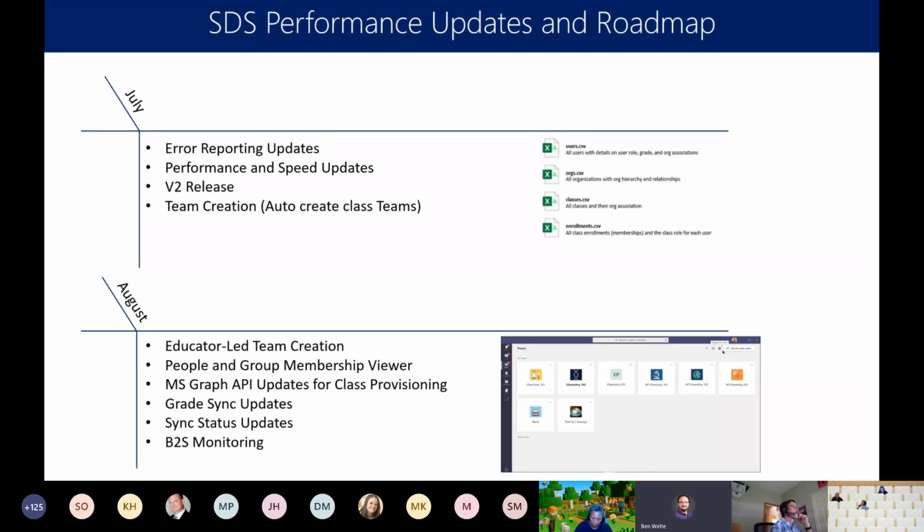Now, as far as roadmaps and things that I'm very excited about, for July, we're releasing some advanced error reporting updates to make our system smarter and faster. We're able to reduce the amount of cascading errors that can impact your sync. What I mean by this is previously SDS would generate an error for each user that failed to sync, and then any of the associated errors would also cause a mark against your system. What we're doing now is making our sync smarter by generating just the single top level error. The other big item